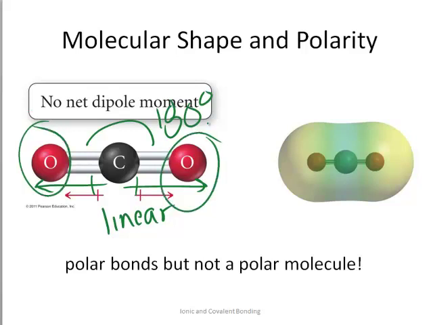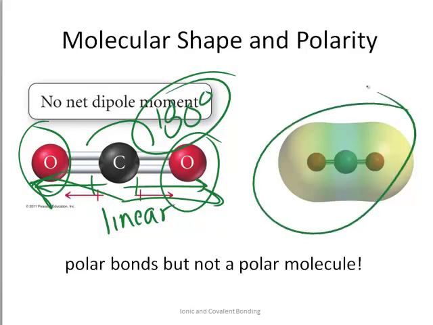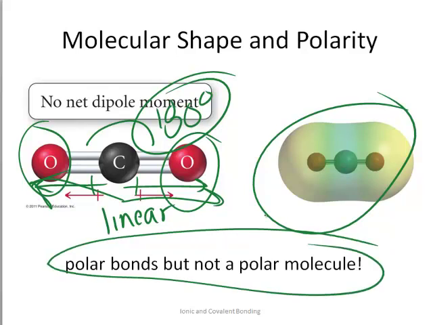So what happens is, you can think of this as a tug-of-war for the electrons. Each oxygen is pulling in equal and opposite directions because we know it's 180 degrees apart. So if you look at the electron density plot of a carbon dioxide molecule, there's no distinguishable end of this molecule. There are no partial positive charges, no partial negative charges. So even though there are polar bonds, this is not a polar molecule because the molecular shape causes the dipole